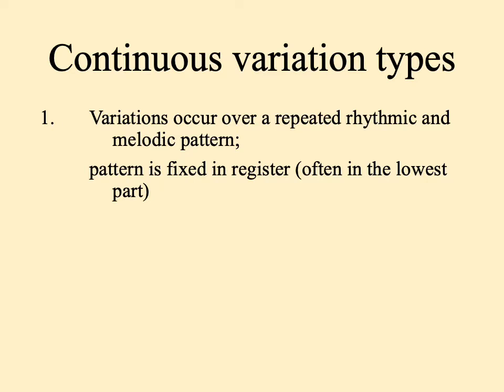And today I want to focus on continuous variation types. There are basically three ways continuous variations can shake out. One way is this. As I mentioned, continuous variations are based on the idea of there being a pattern that repeats, and then new things happen over that repeating pattern. And one way those repeating patterns can happen is this. Continuous variations can occur over a rhythmic and melodic pattern, and that pattern occurs in the same register or the same voice. Like for instance, a rhythmic or melodic pattern just means it has a definite rhythm and a definite set of intervals or something like that. It might be